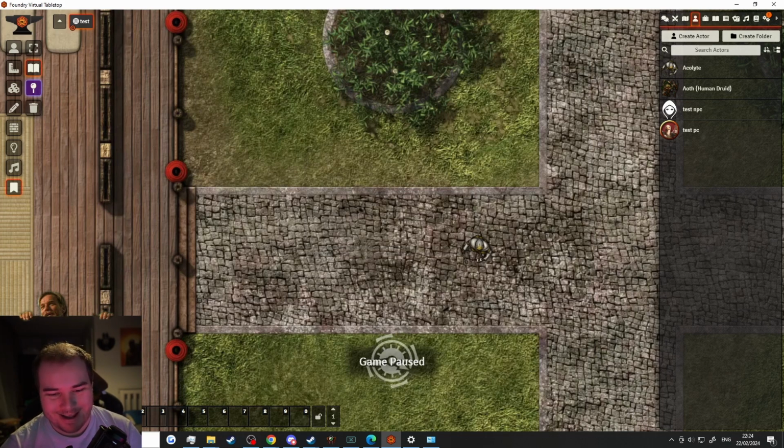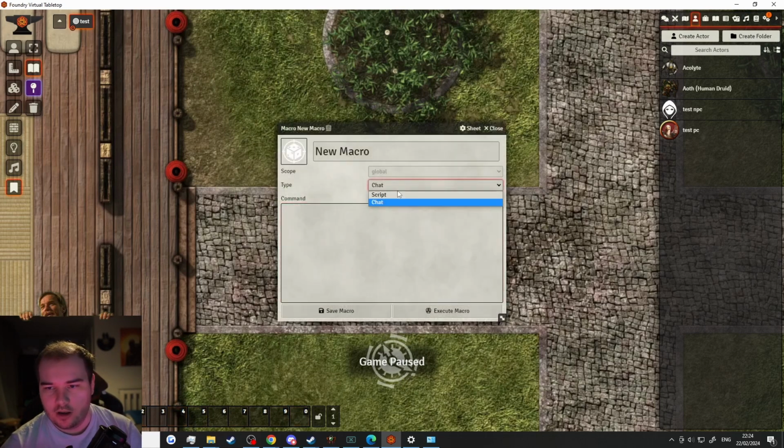Last couple of things. Got the players down here, and you've got a macro thing here. Macros are basically scripts that you're telling it to run. You can get really complex with this as a GM. There's macros that you can find on Reddit and what have you. But if you wanted a really basic one, let's just do a